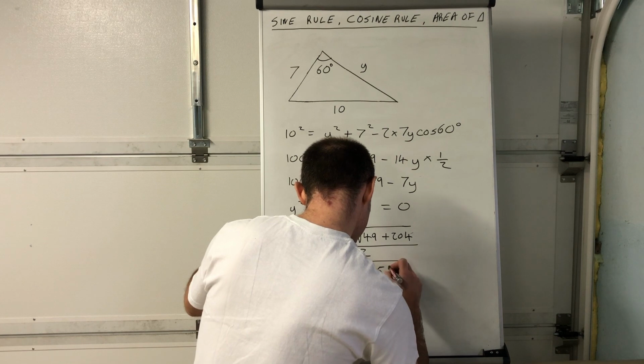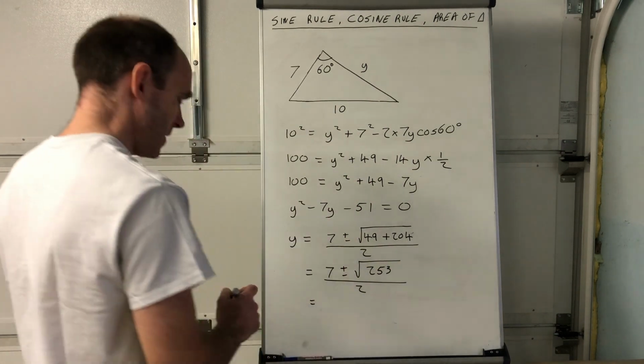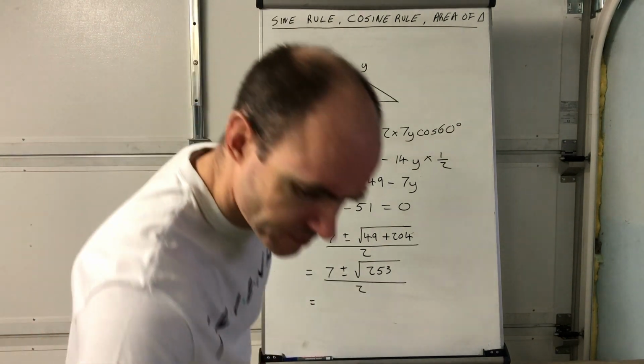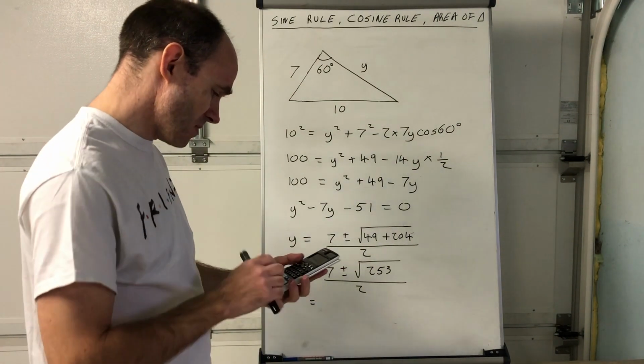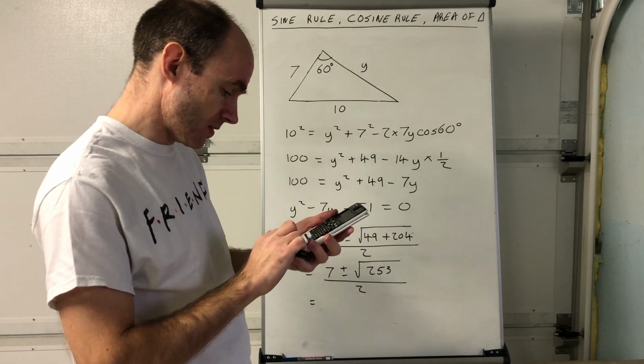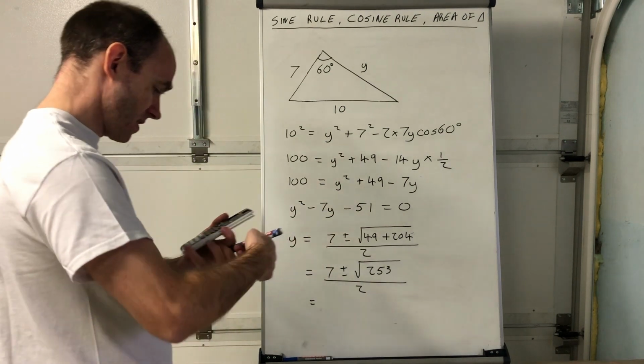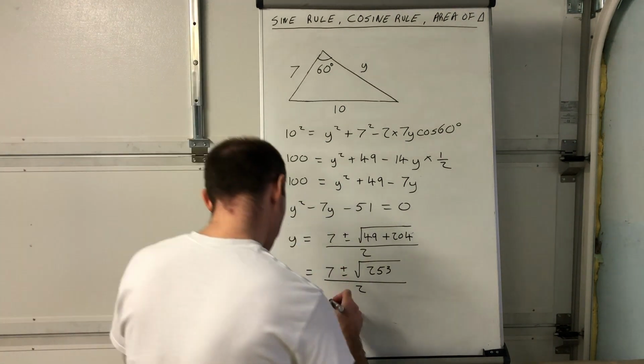Yeah, it's not a square number, is it? So that's definitely not factorising, that one there. And then we'll work out what those are, okay? Now, I'm going to put these in numerical order. So the first thing I'm going to do is 7 subtract root 253, and then divide that by 2. And that's going to give me negative